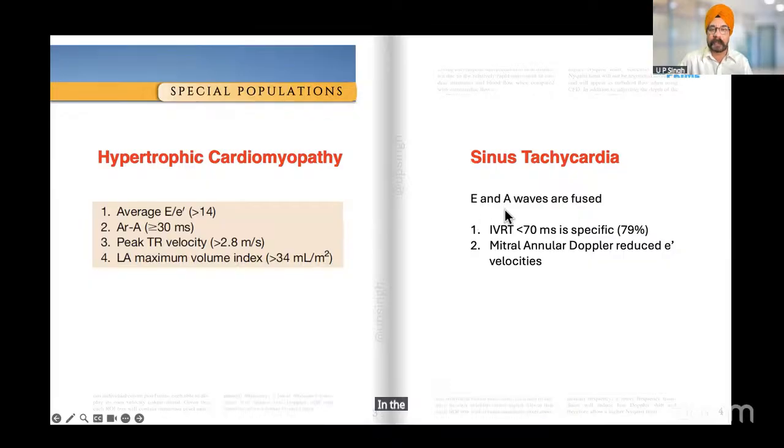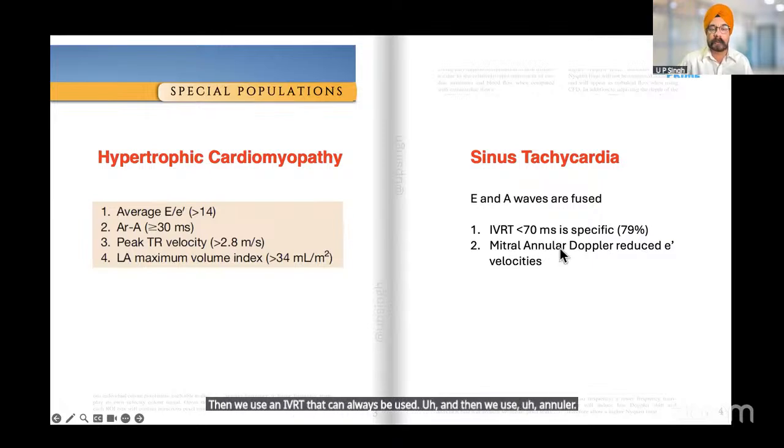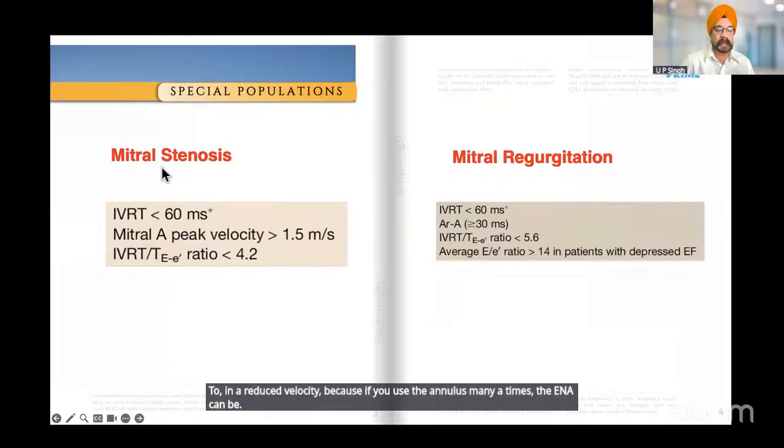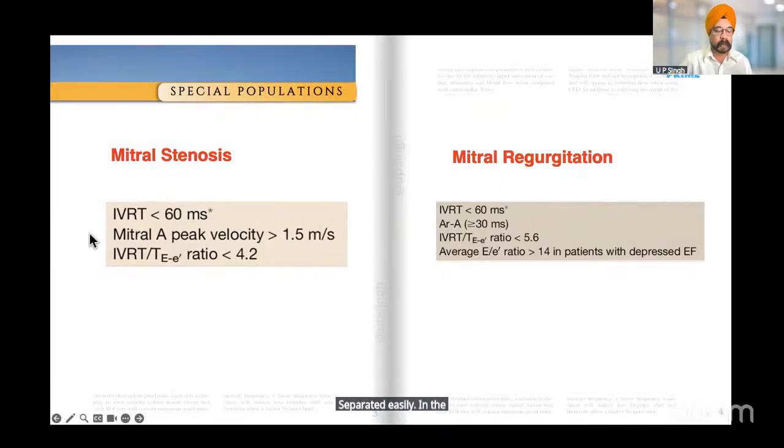In sinus tachycardia, when E and A are fused, we use the IVRT, which can always be used. And then we use annular velocity, because if you use the annulus, many a time the E and A can be separated easily. In mitral stenosis, we use IVRT, that is the best way, and